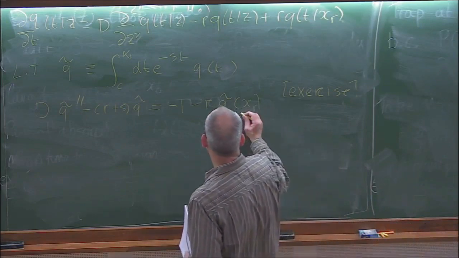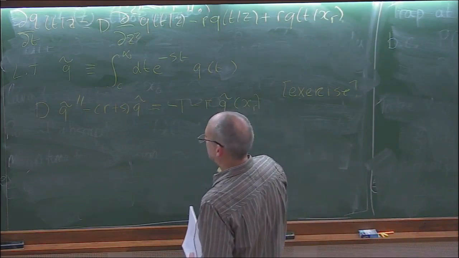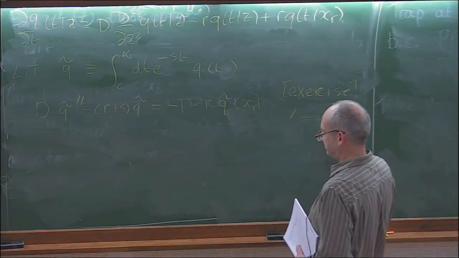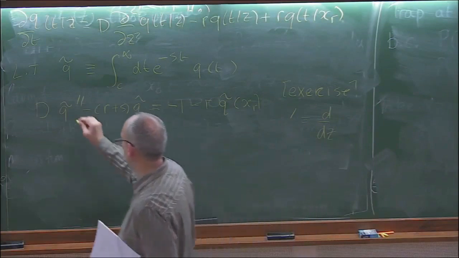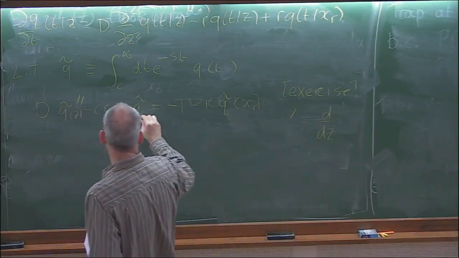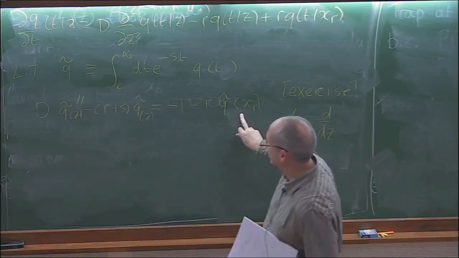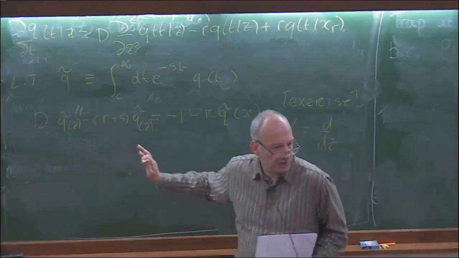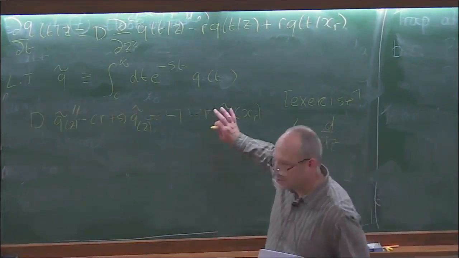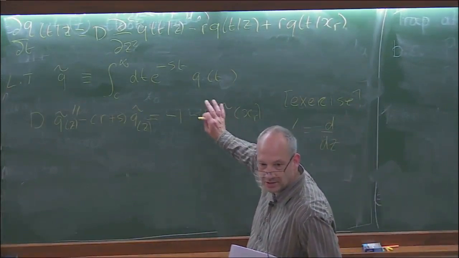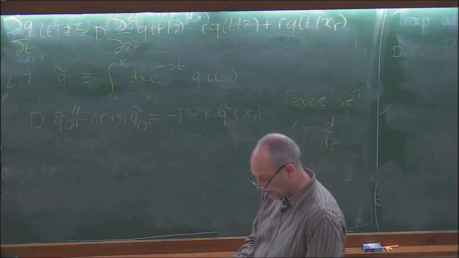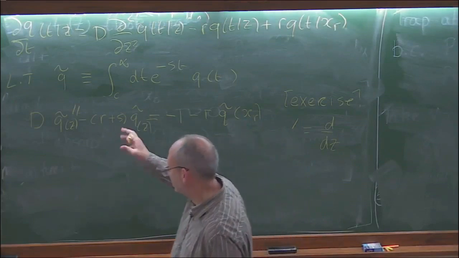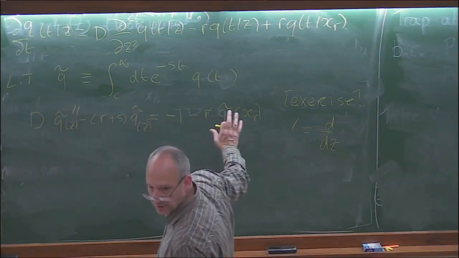So these Q's, the dash now is d by dz. So actually, this is a function of z, and this is a function of z. So this term here doesn't depend on z. I mean, it depends on s, but this differential equation is with respect to z. So basically, I can treat this term as a constant and then just solve this equation. And we used a similar technique before. This is just, as we did before, a second-order differential equation. This is a constant.